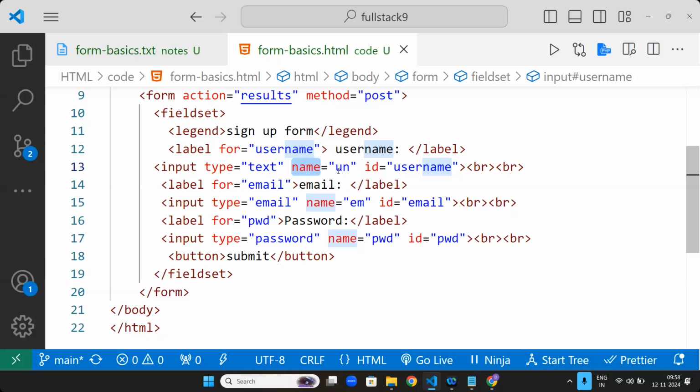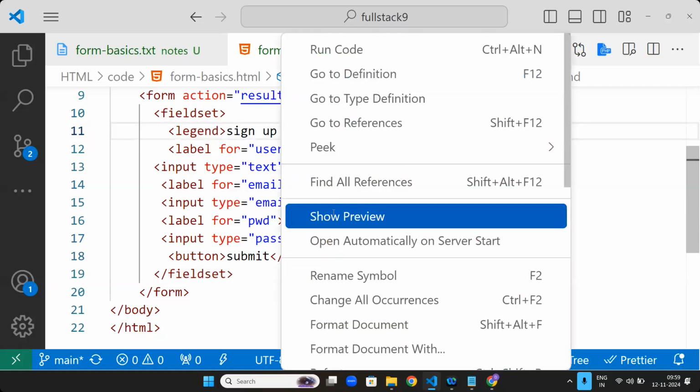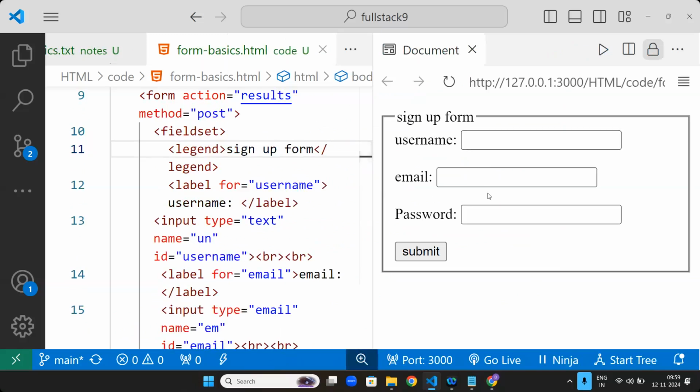I hope you all remembered it from yesterday. We discussed three types: username, email, and password. We put one submit button, and automatically it will submit. We also used something called fieldset to create one border. And then we used one legend, which shows on the screen like this. This is the code we created yesterday.